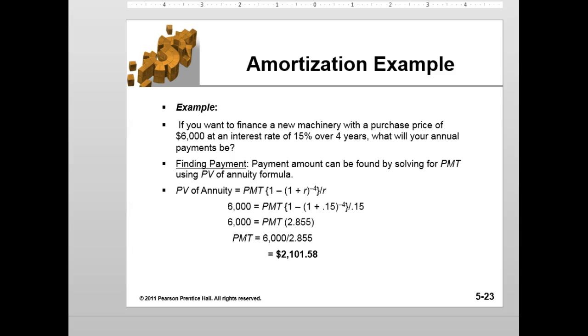And here's an example. Your payment is going to be, let's see, what have they given us? We've purchased a new item for $6,000. The interest rate is 15% over 4 years. What will your annual payments be? Well, you have to find the payment. And the formula for that is payment equals 1 minus (1 plus the rate) to the negative power, divided by the rate. And you end up with